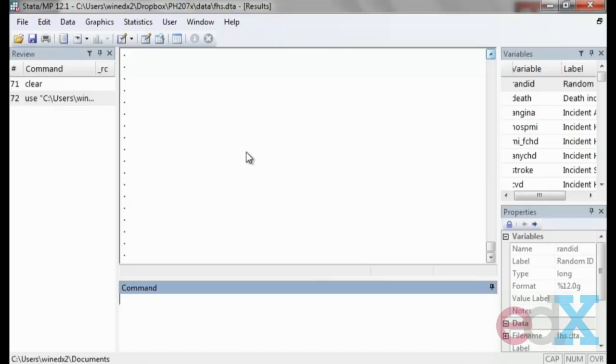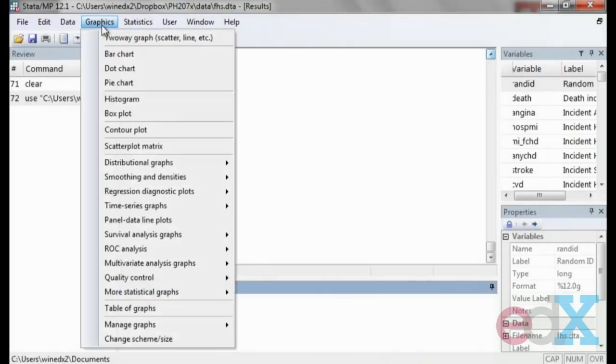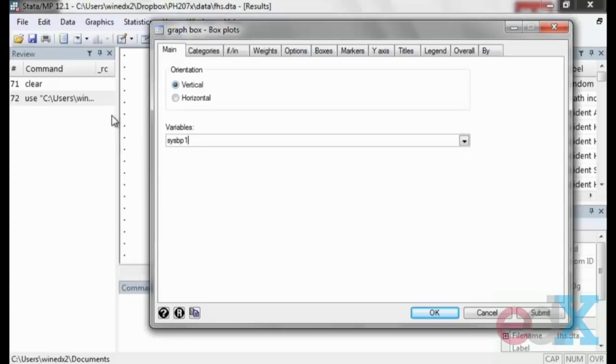Anytime you want to make a graph in STATA, it's typically done through the graphics menu. The first graph I want to look at is a box plot of systolic blood pressure at baseline, or at exam 1, for our study participants. So I go to graphics and I go down to box plot. In the variables window, I enter the variable that I'm interested in, specifically systolic blood pressure at exam 1, and